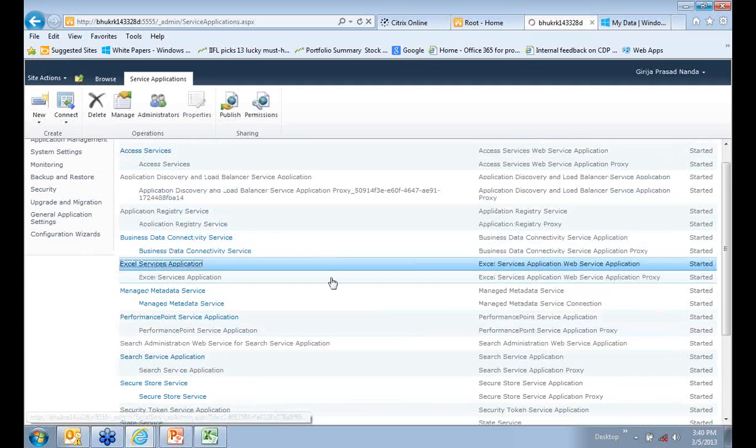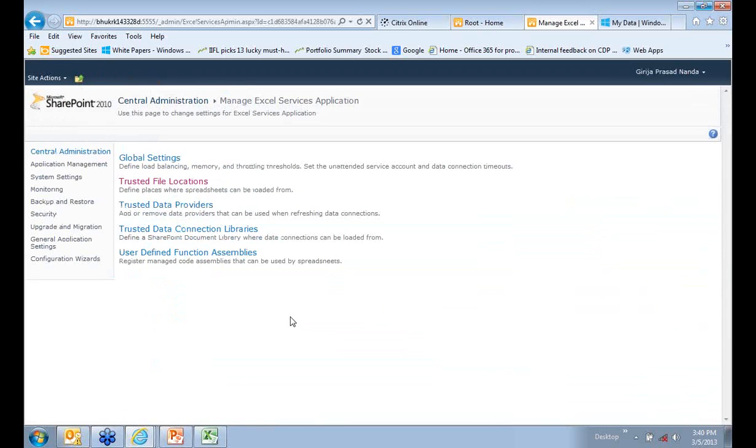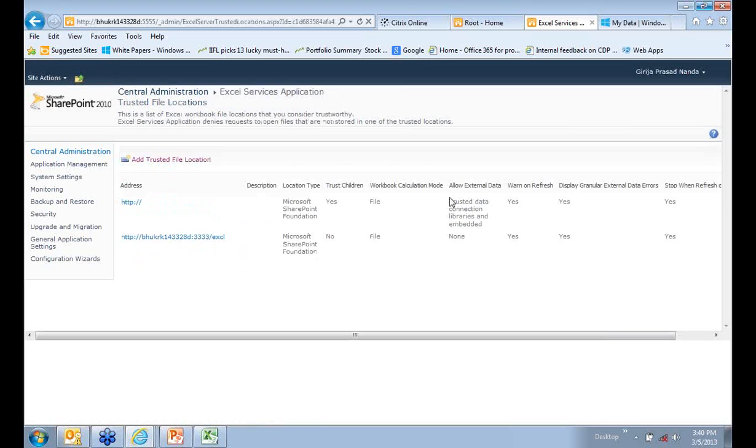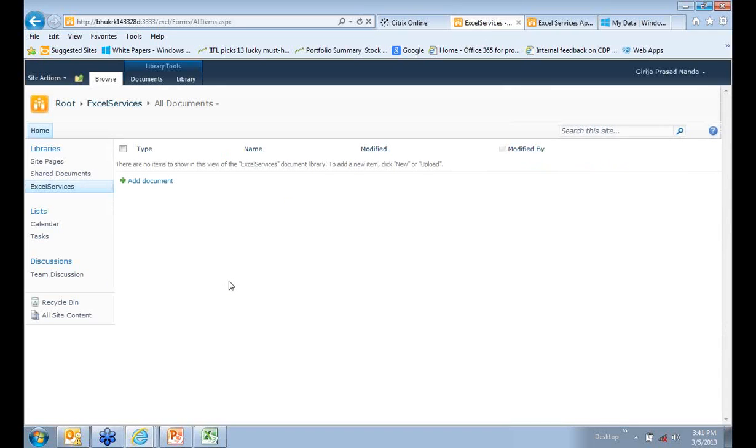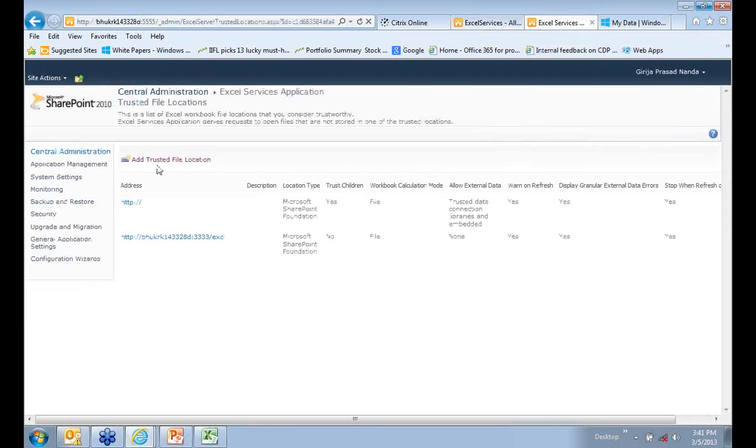So we'll click on it, and move to another page, which talks about global settings, trusted file locations, trusted data providers, data connection libraries, and you can also use different user-defined function assemblies. But I'm only interested in these trusted file locations. Why so? Because unless I add this Excel services document library into that, I will not be able to publish my Excel sheets into this location.